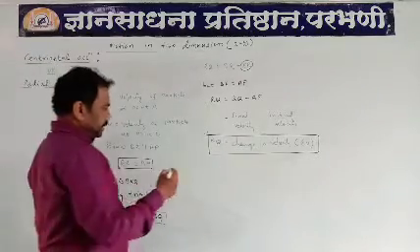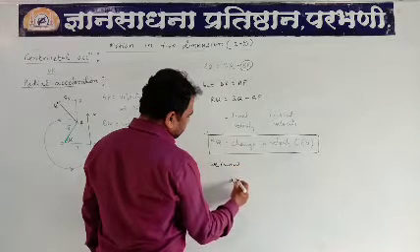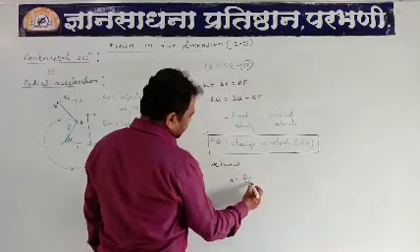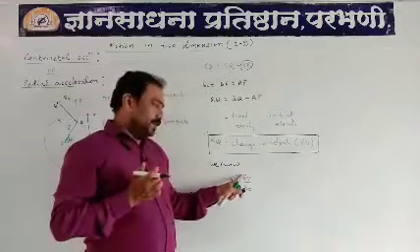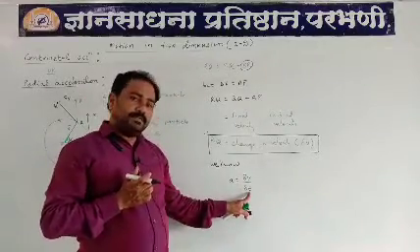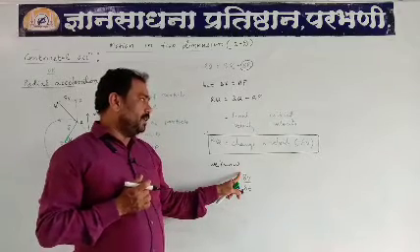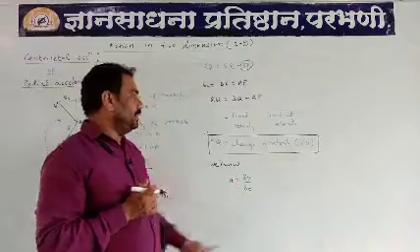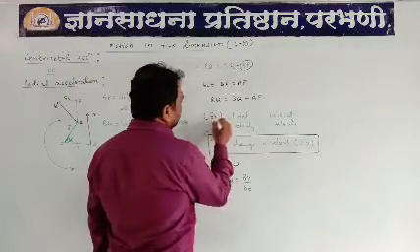But we know acceleration. What is acceleration? a is equal to dv by dt. dv by dt means the rate of change of velocity with respect to time is called acceleration. But we have the value of delta V. What is the value of delta V? That is RQ. RQ is nothing but delta V.